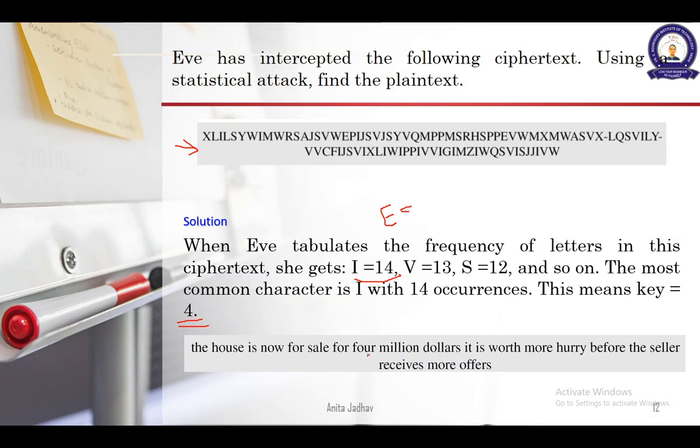So it requires certain calculation, and it requires a lot of patience to sit and crack a particular code. I hope these things are clear to you, and during the lectures we will try to solve more problems. You can generate your ciphertext and give it to others. We can see how complex a ciphertext you can generate, and we can go on with this. So I hope the monoalphabetic cipher, the substitution cipher, and the attack on this is very clear to you. We will meet again in the next video.